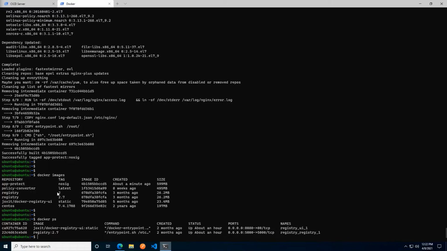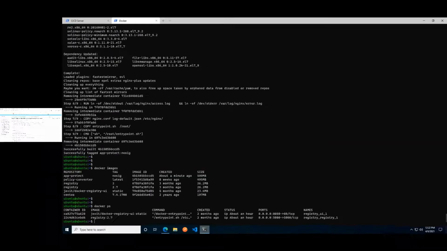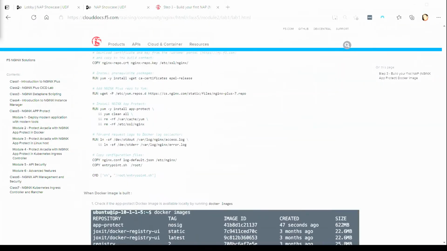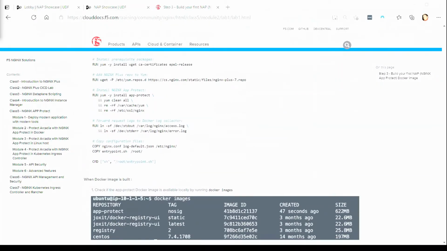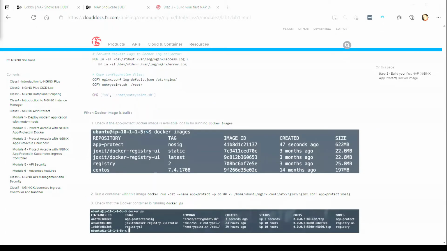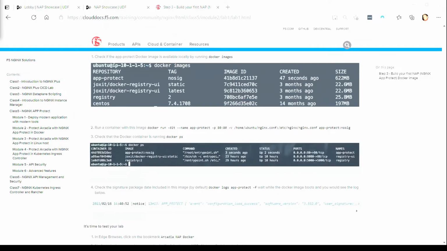Cool. So we know that we have a Docker image. We know that it isn't currently running as a container. So what do we need to do to make that happen? Well, if we pop back over to our lab guide and we go down past the Dockerfile, we've already checked that the Docker image is available. Now, the lab guide suggests that we do a docker run command.